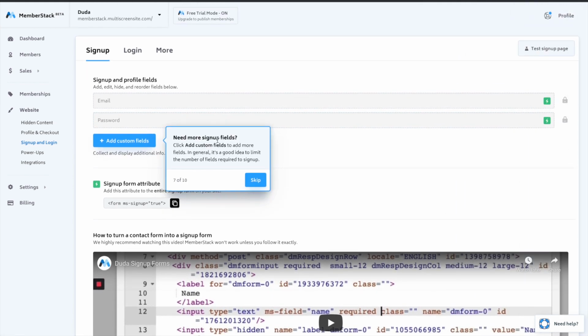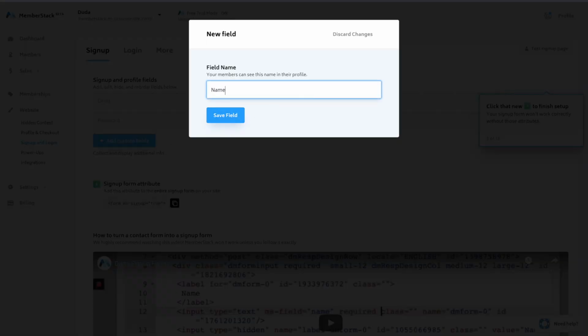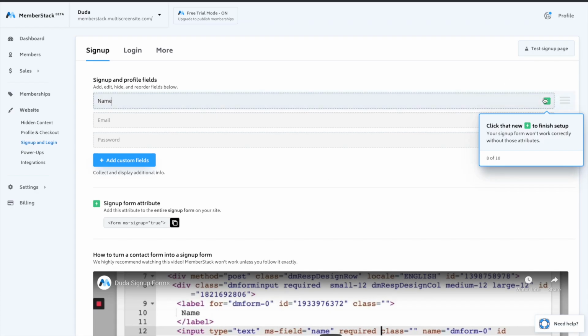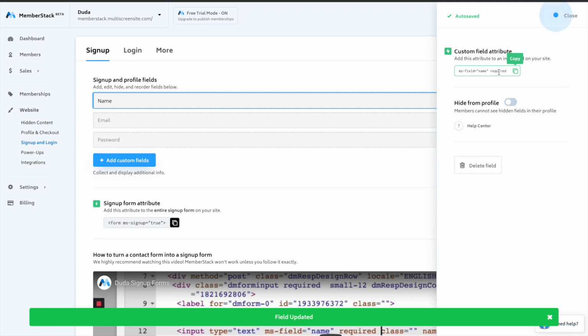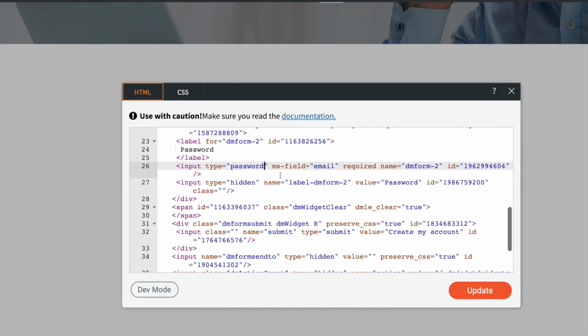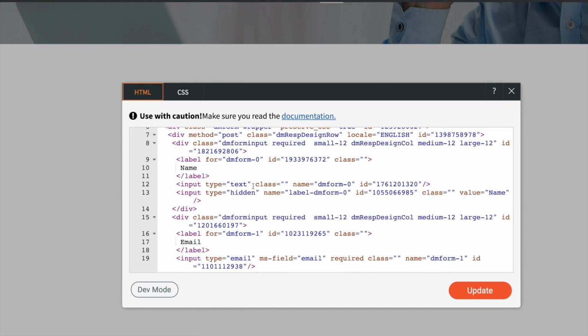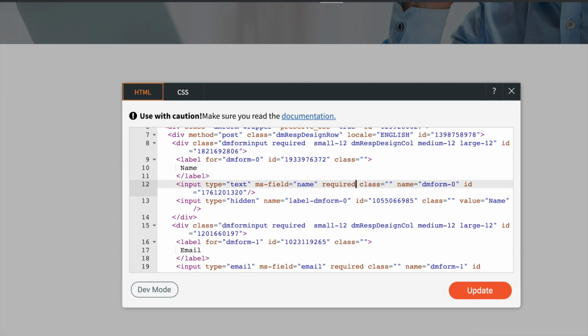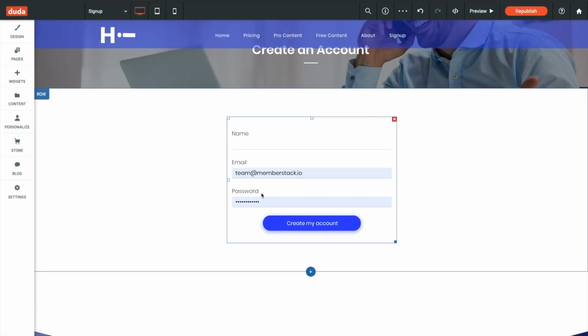Now the next thing we're going to do is set up our name field from our form. So we need to add that to MemberStack here. Now we have another attribute, MemberStack automatically created it for us, that we can add to the top up here, name. Now anything anyone enters in this field will get saved to their profile. So we'll click update and close this, and now we can see the browser thinks this is a sign up